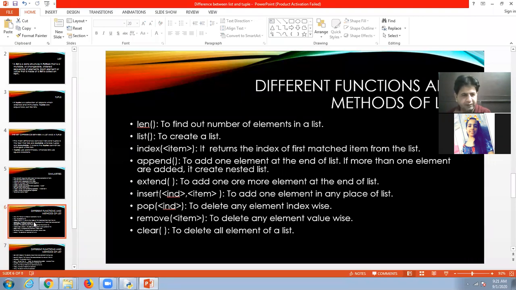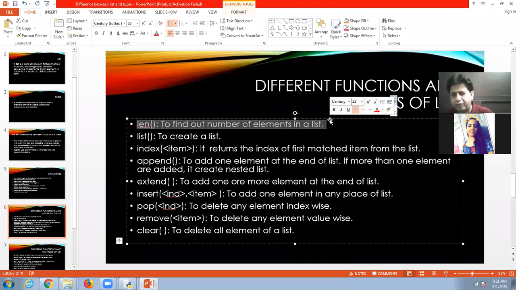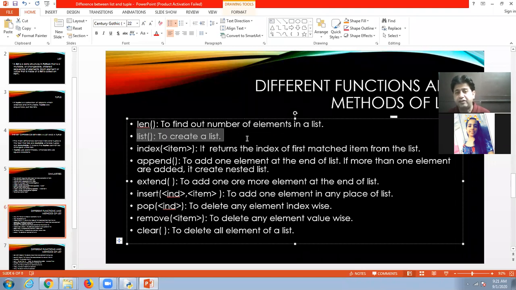Now next, in the case of list, we discussed different methods or functions. We declare the length function. It returns us the number of elements in the list. We use the list function to convert any sequence of elements into a list. For example, look at here.